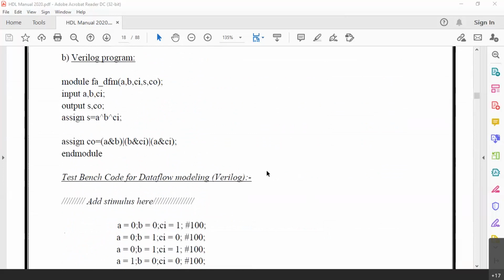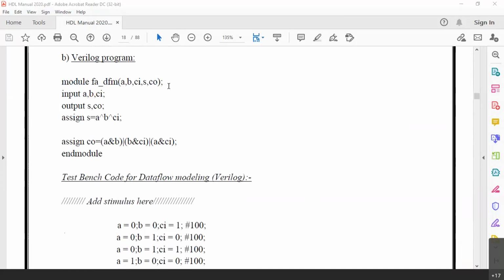Now let us see the Verilog program. Module FA_DFM. Here we should have a port list. In VHDL, we declare the port list inside the entity, whereas in Verilog, as soon as we start a module's declaration, we should list the ports because the module can be utilized by other modules as well.